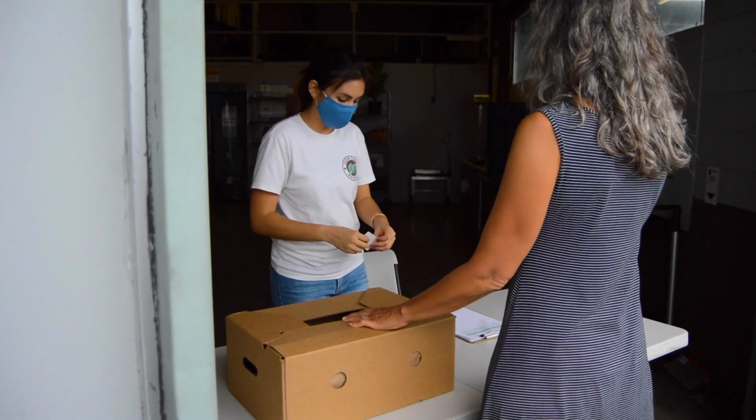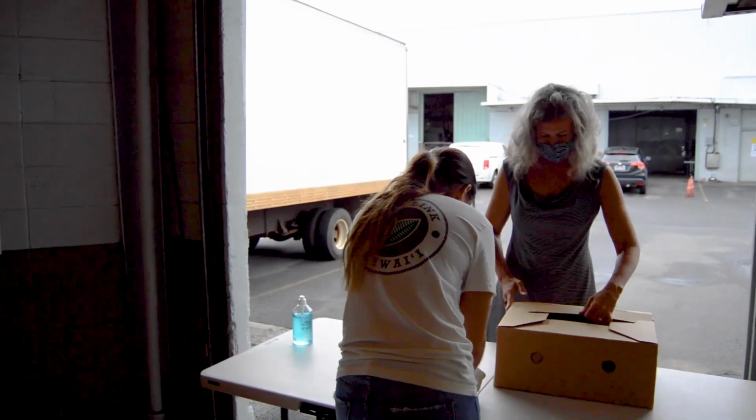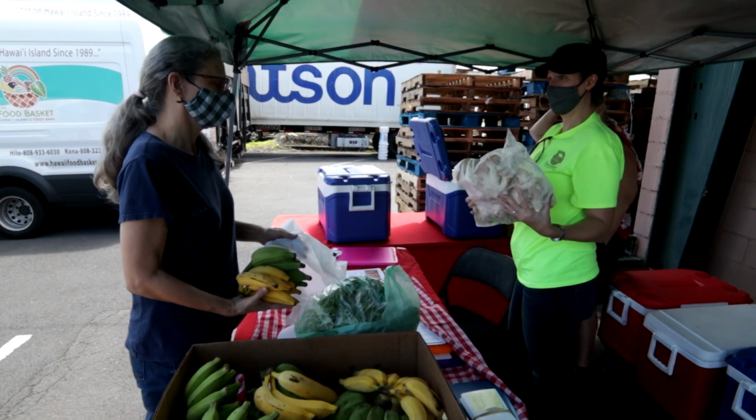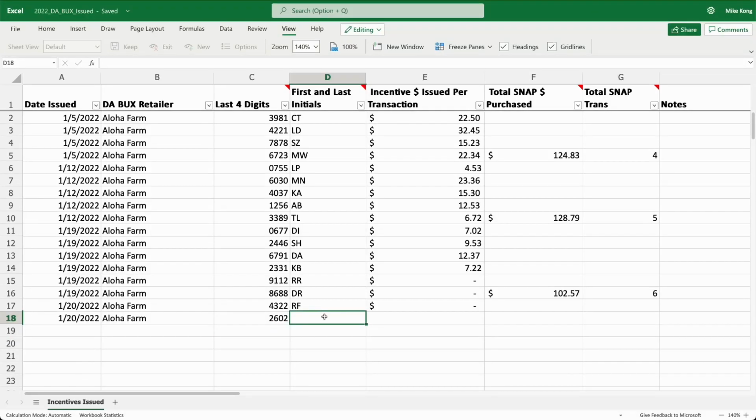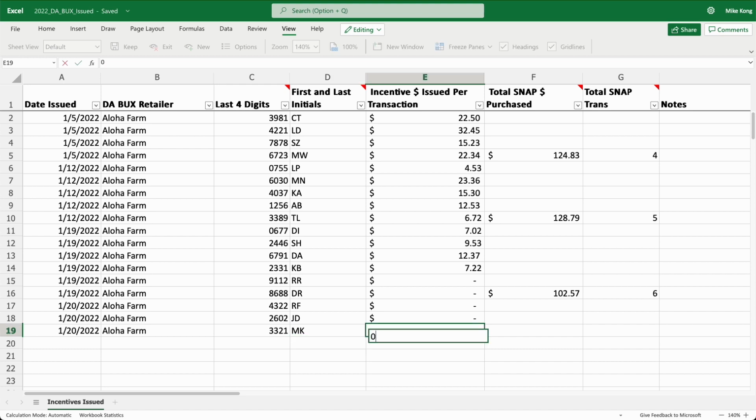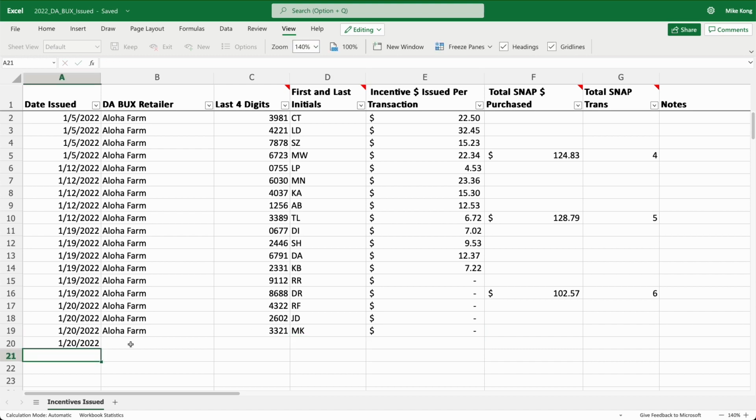We realize there are a wide range of ways that SNAP payments are processed from retailer to retailer, so how you collect your data is up to you. You may find that tracking unique customer identifiers on all SNAP transactions, even those without a Debucks discount, is useful to get an accurate picture of the number of SNAP customers you're serving. You're not required to do so. However, if this is something that you want to do, we appreciate it. You can record those SNAP transactions with no Debucks discount issued by entering a 0 in the Incentives Issued column,